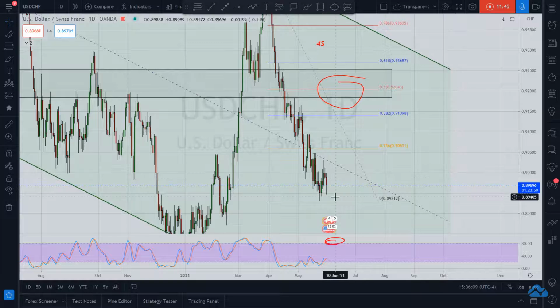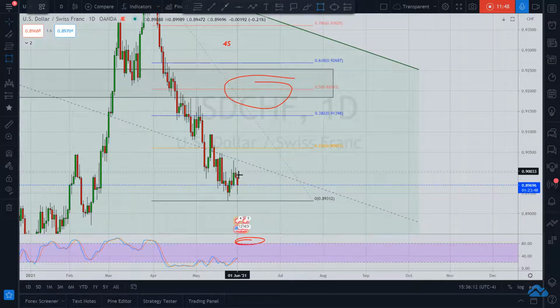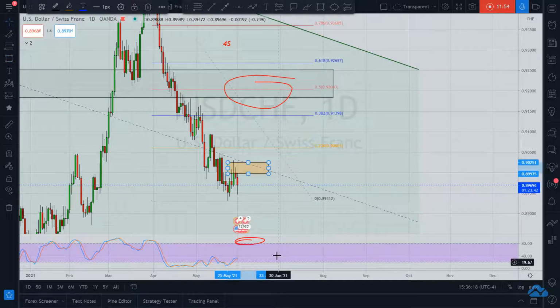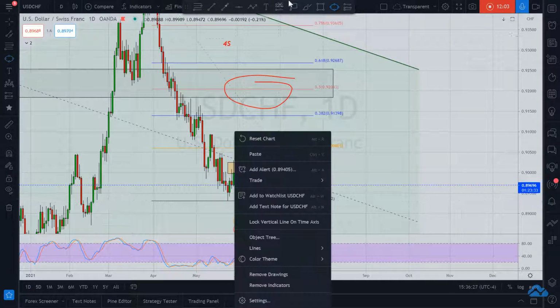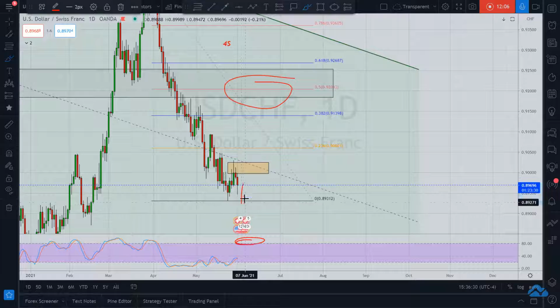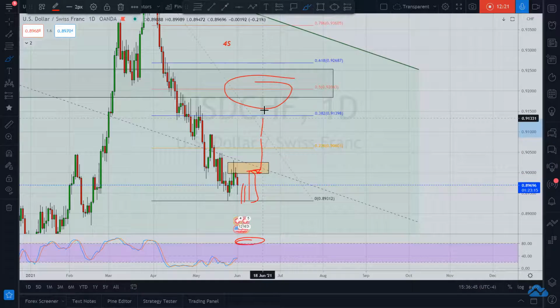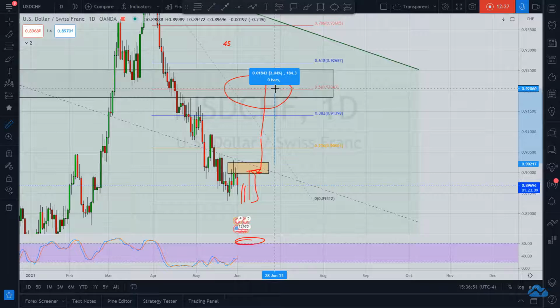And this is my entry criteria. I'll be waiting for price to break this high. That's the safest entry. If price comes down here, gives me my rejection wicks, my little dojis, and then gives me a nice strong bullish candle like that, I'm taking the very next candle, and I'm going to ride it up and get the available pips. That's about 200 pips.